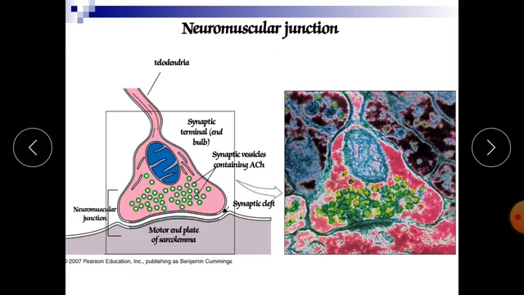Now here you can see the neuromuscular junction. In the neuromuscular junction, there is a role of neurons. This is the junction between the nerves and your muscles. It is the motor end plate of the sarcolemma of your muscles, and this is the neuron. This is called the neuromuscular junction. This is the terminal area of the neuron, and this is the area of the synapse. This is the synaptic cleft, and the synaptic end bulb is here. This is the synapse, and this is the synaptic cleft.